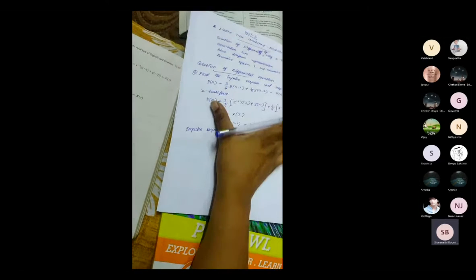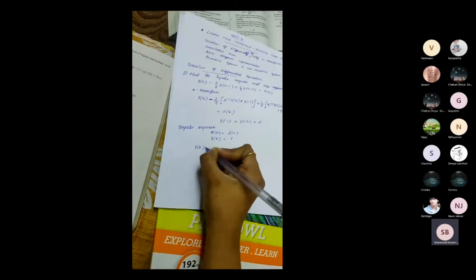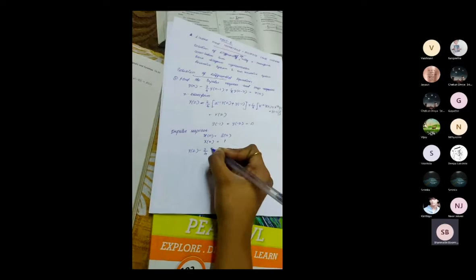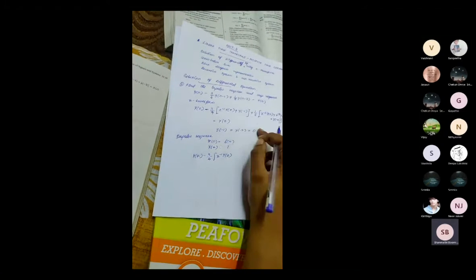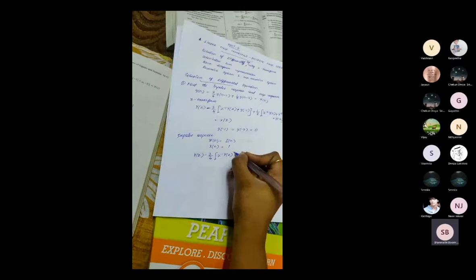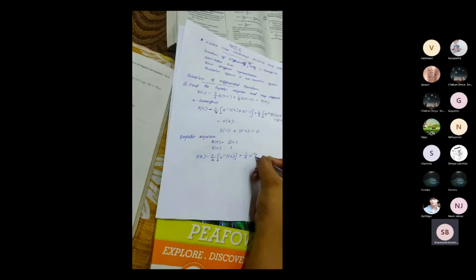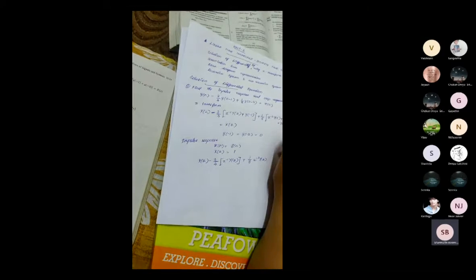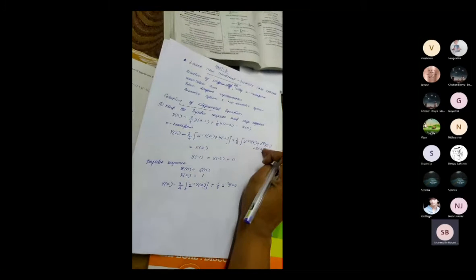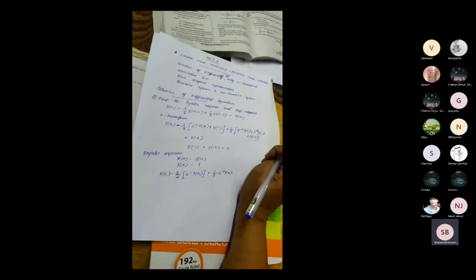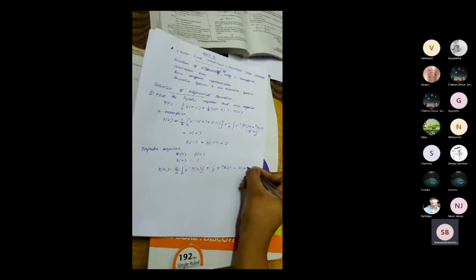So from the given equation, first apply all the initial conditions. Y of z minus 3 divided by 4 into z inverse of y of z. Here y of minus 1 value will be 0, so no need to worry about this. Plus 1 by 8 z power minus 2 y of z. Y of minus 1 will be 0 and y of minus 2 also 0. So these two terms will get neglected. You have only this term, which will be equal to x of z.